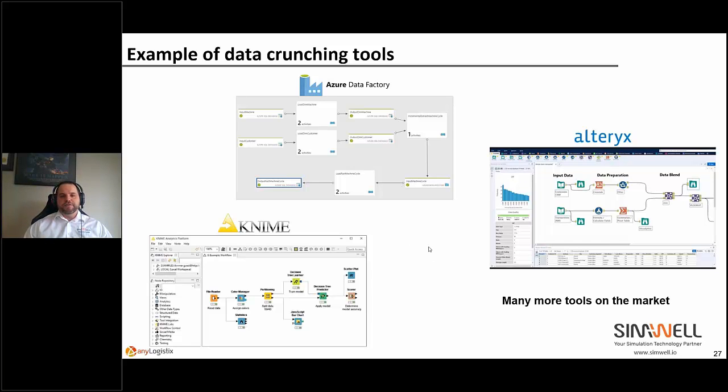Unfortunately, my role has moved away from modeling most of the time now, and it's my teammates that have the pleasure and the joy of playing with these nice tools at SimWell. But automating the data crunching is going to be part of your process of building a supply chain digital twin in anyLogistix.